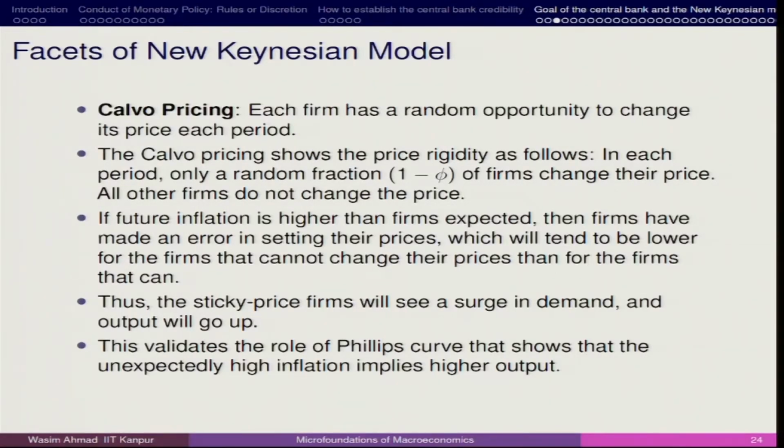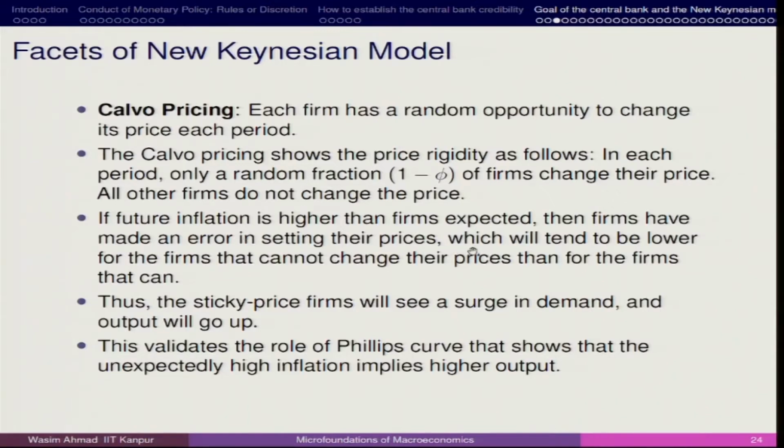if there is an opportunity where some firms are reacting commensurate with the price change, and some firms are not allowed or are not reacting, then those firms which are not reacting may utilize the better opportunity, which means that the sticky price firm will see a surge in demand because they have not been able to change, and output will go up. Now, this stringent condition may not be easy to digest, but here it gives a perspective, and we will add this dimension to further topics.